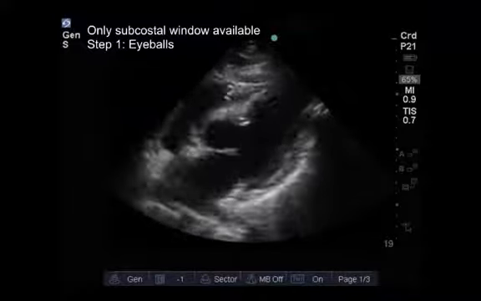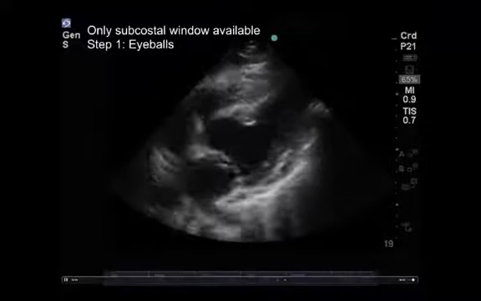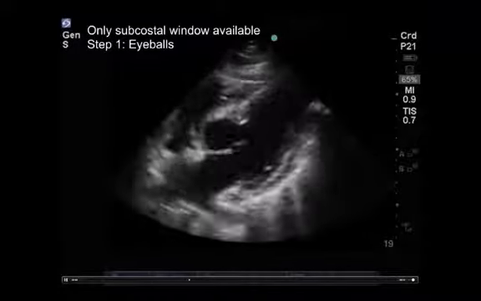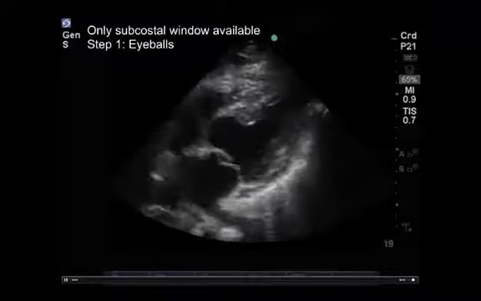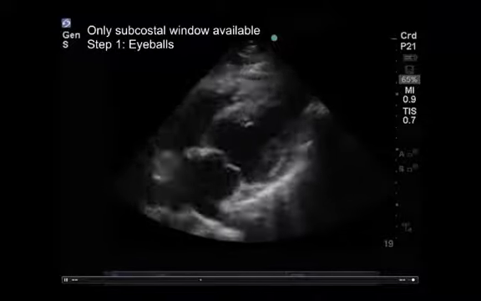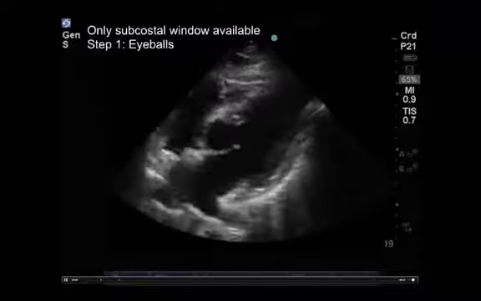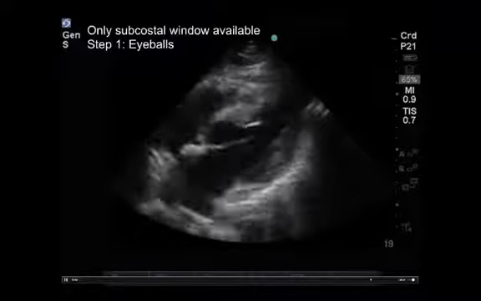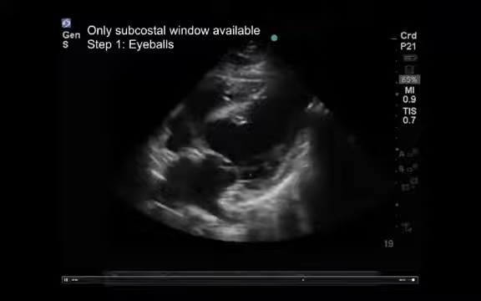We apply step 1, our eyeballs. We look at the valves. We see a subcostal view. We see the tricuspid valve in the near field. It looks thin. I don't see too much going on there. The mitral valve is seen here, and it looks a little unusual. At first glance, it's not immediately obvious what is unusual about it, but the anterior mitral valve leaflet almost has 2 planes to it,